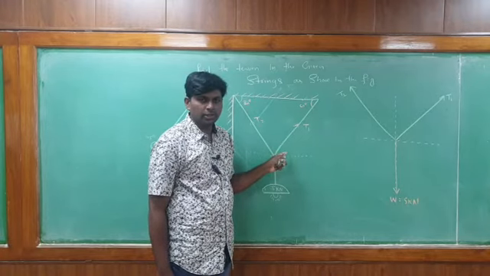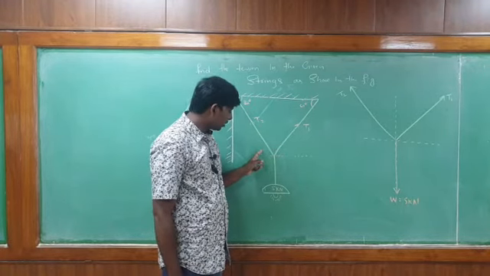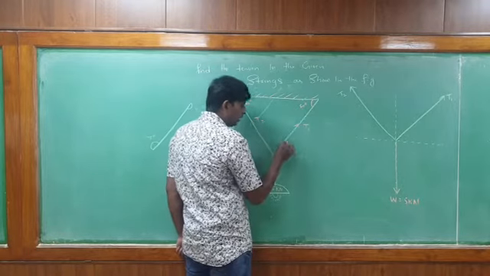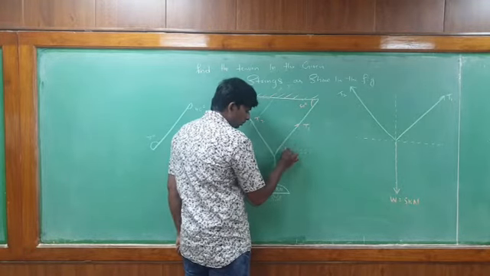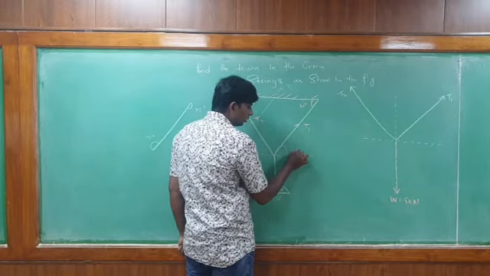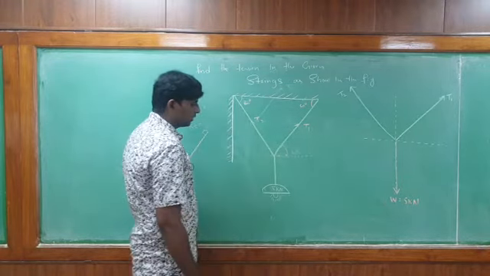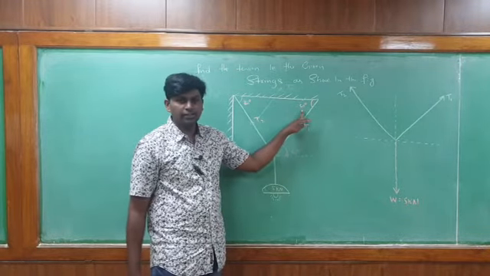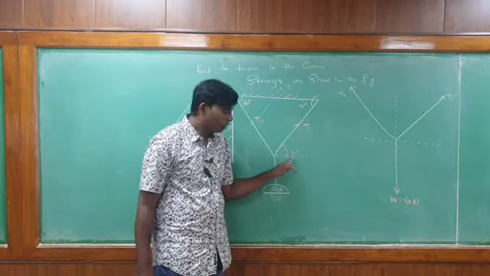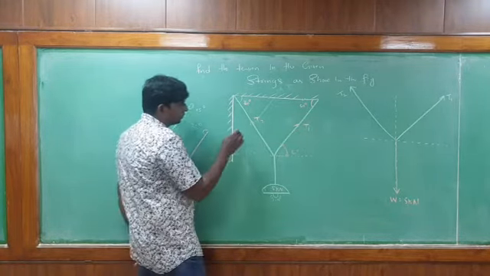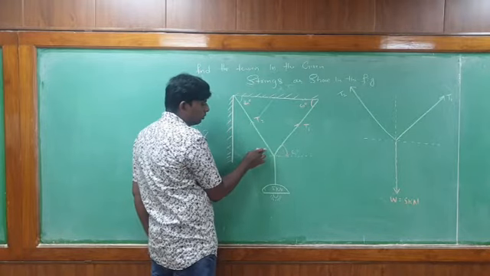So like this first you have to try to find out how much angle is contained here with respect to horizontal and how much angle is here with respect to horizontal. So here how much angle is given? 60 degree. Here how much? 60 degree. So this side is also 60 degree angle. Because this side how much is given? 60 degree. So this side also you have to take how much? 60.